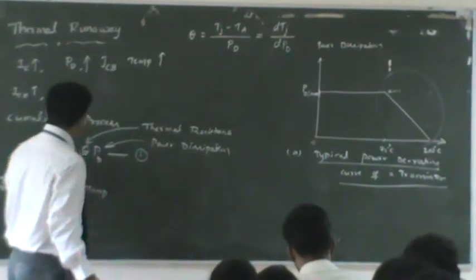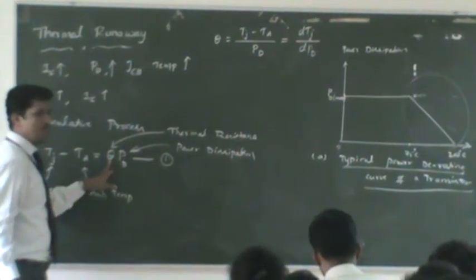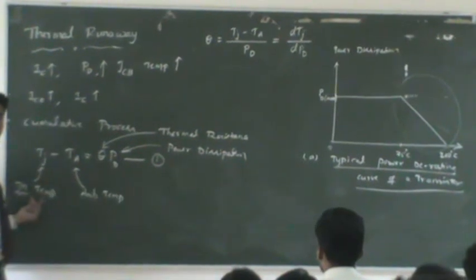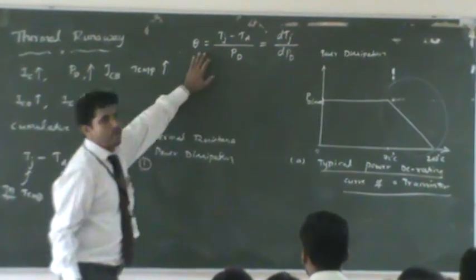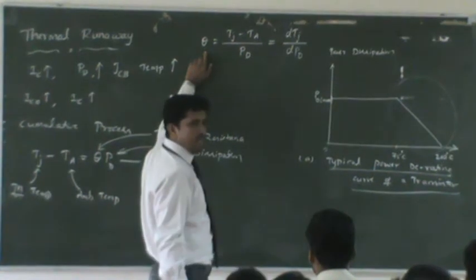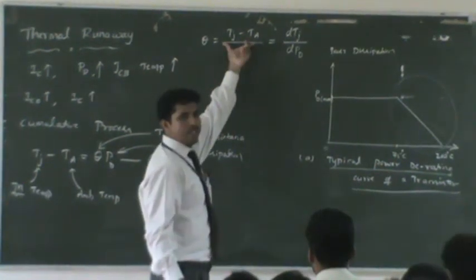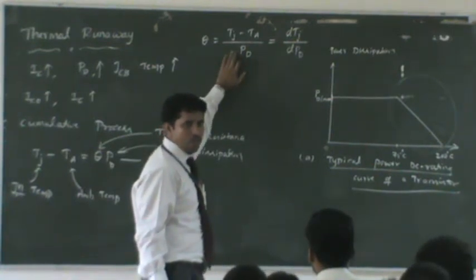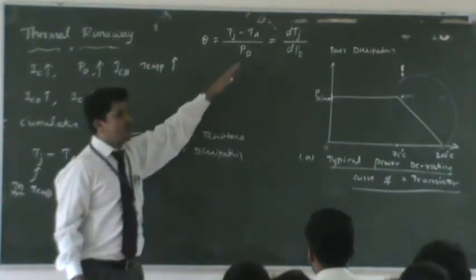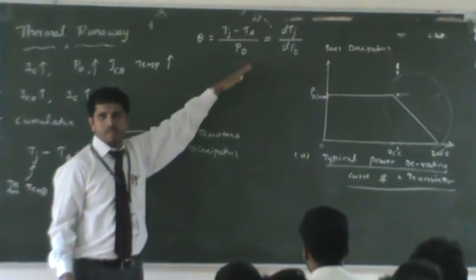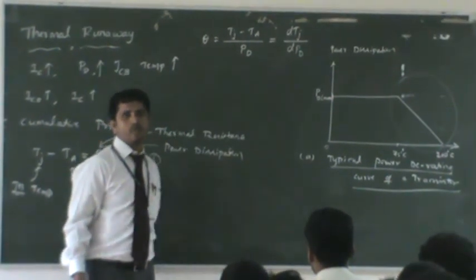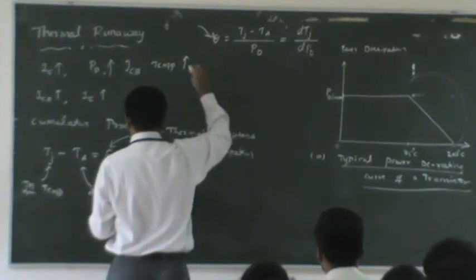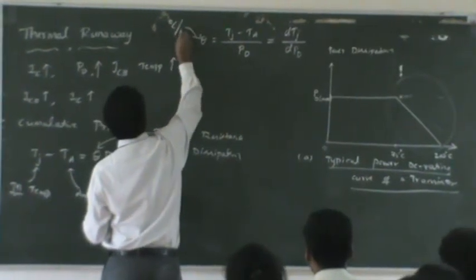Coming to the same theta, whatever we defined here, I want to give definition for this. Whatever it is, retain theta here, transfer this PD to the denominator. That's what we got expression. The theta is nothing but it's a ratio of changing the junction temperature to the power dissipation in the transistor. From this, can you write a unit from this? Degree Celsius per milliwatts or watts. That can be the unit for this. So it is degree Celsius per watt.